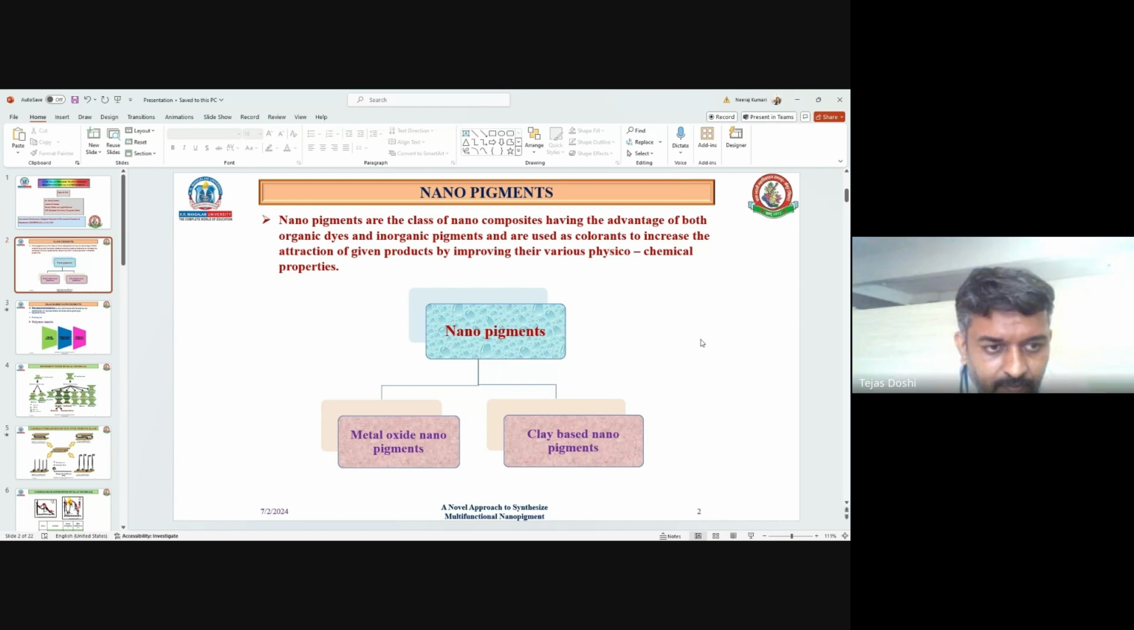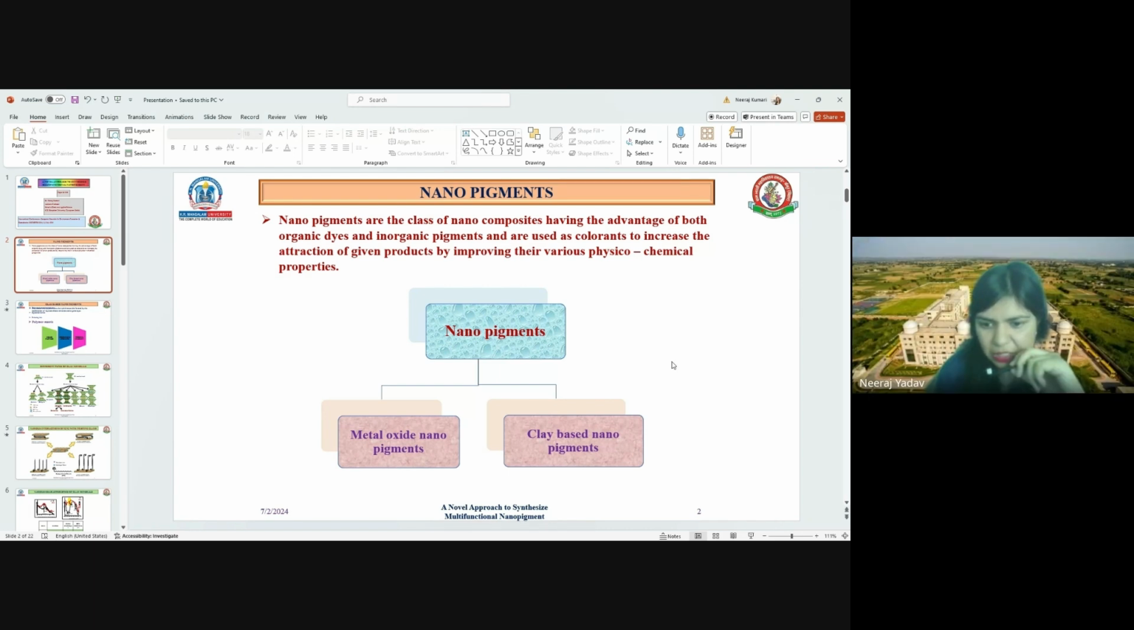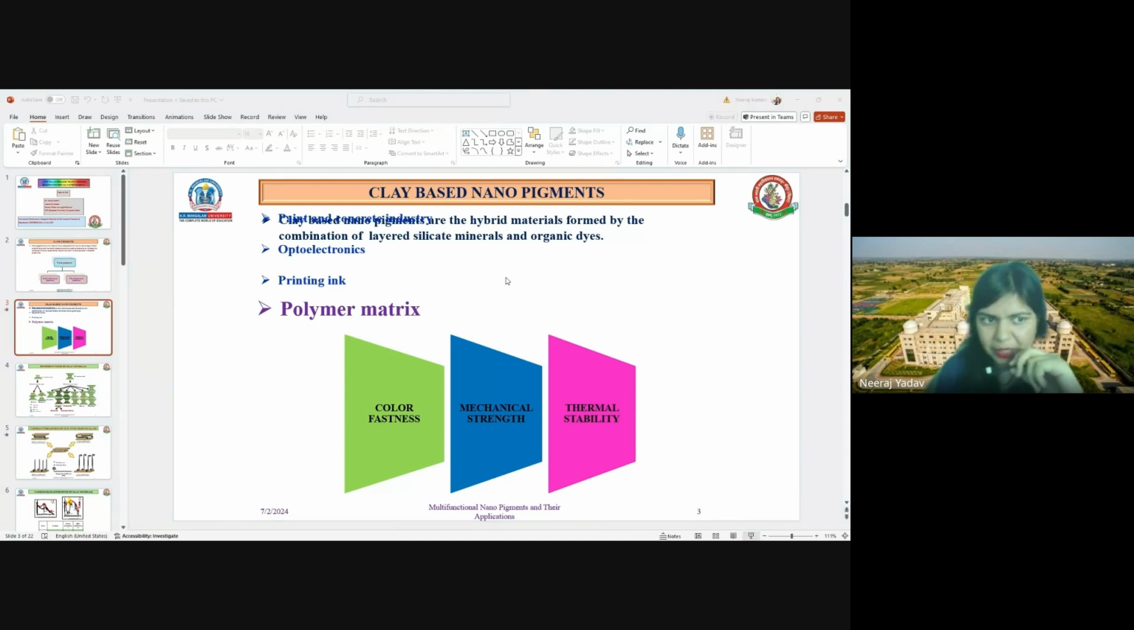Nanopigments. Okay. So, nanopigments are generally of two types: metal oxide nanopigments and clay-based nanopigments. And today we are going to discuss the clay-based nanopigments. So, clay-based nanopigments are hybrid materials which are generally formed by the combination of layered silicate minerals, or we can say clay minerals, and organic dyes. And these clay-based nanopigments are used for different types of applications like paint and concrete industries, optoelectronics, printing inks, and in my work, I am using these clay-based nanopigments in polymer matrices to increase the color fastness, mechanical strength,